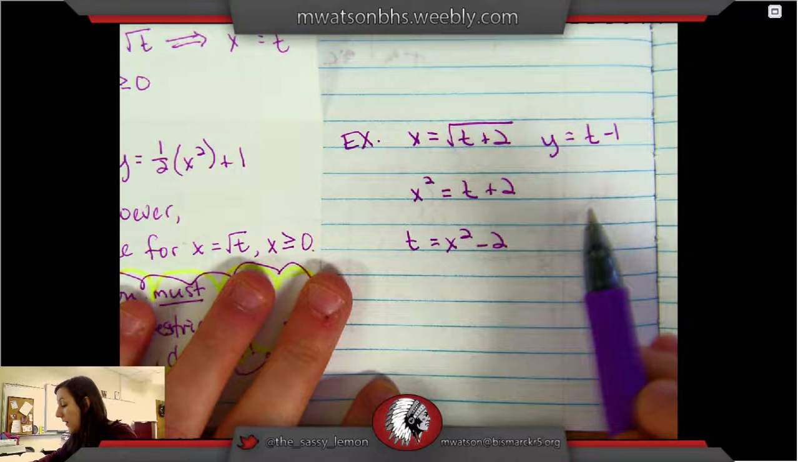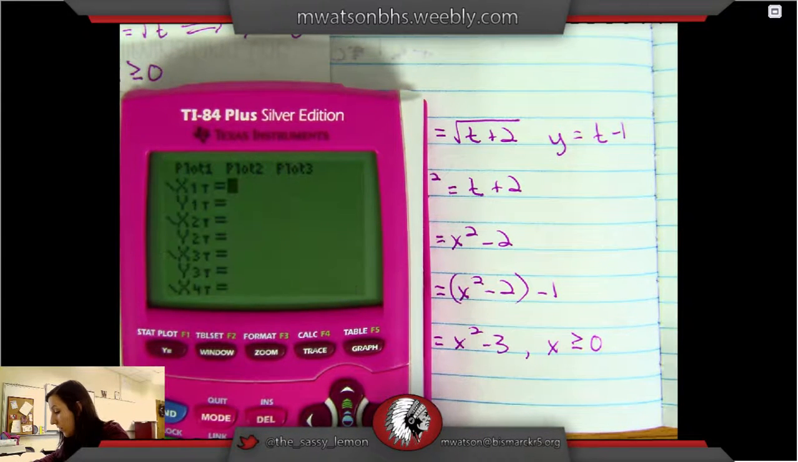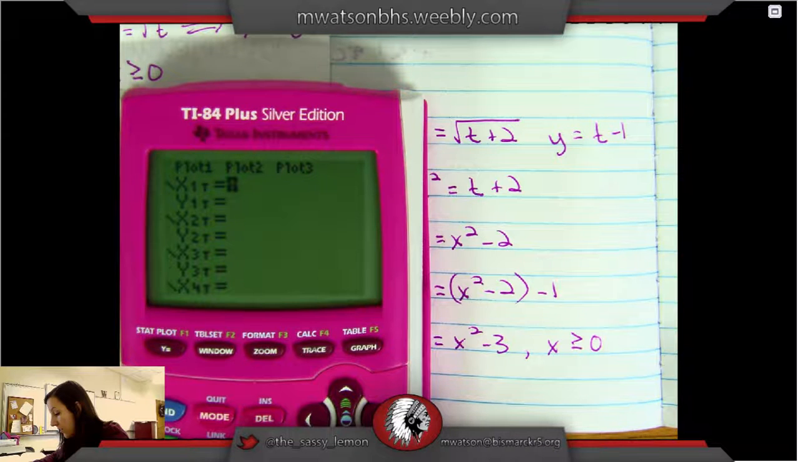And again, if we plug that in our graphing calculator as a coordinate grid equation, we'd have x squared minus 3. And it would graph a parabola, but with the parametric equations, this whole left side would be gone. Let me even prove it to you. Let's do some parametric equations. So let's do our originals. Square root of t plus 2, and our second one was t minus 1. So if we graph it,